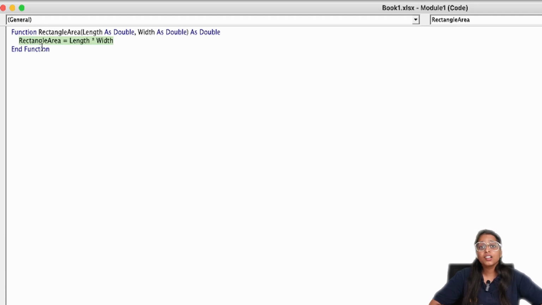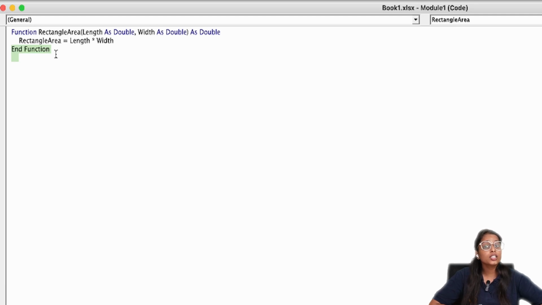Then, when the function is called, this computes the value which will be returned to the user. End Function. The purpose of this line is to mark the end of the function definition. All VBA functions start with the Function keyword and end with End Function.